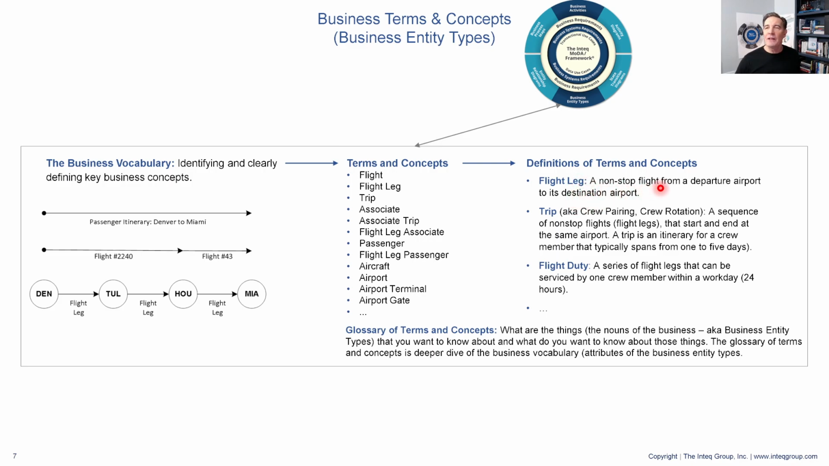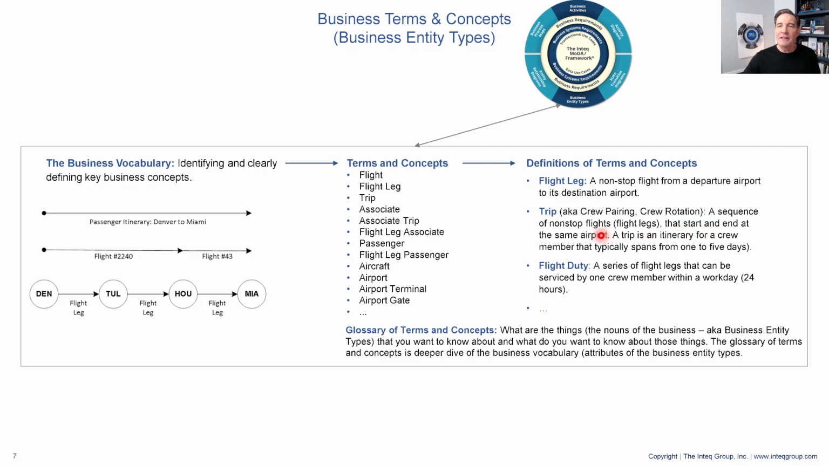A nonstop flight from a departure airport to a destination airport with a particular aircraft, we could go on. In a trip, you'll often find what we call synonyms, right? It's typically called a trip. Somebody could call it somewhere else a crew pairing, a crew rotation, these kinds of things. But a trip is a sequence of nonstop flights, aka flight legs, that start and end at the same airport,